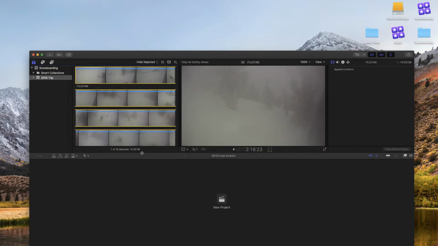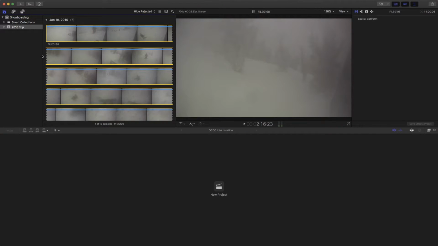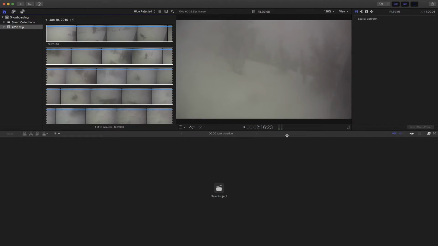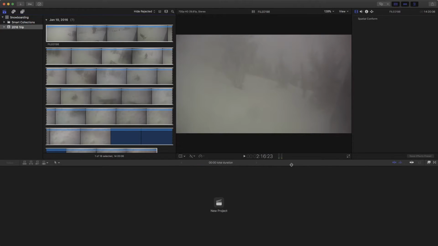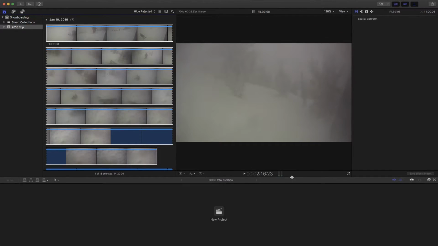So let's look at how to rearrange the interface so that you can a little bit more easily browse this event. So the first thing I'm going to do, because we're done looking at the desktop here, I'll come back to that in a second, but I'm going to get up to the corner here, and I'm going to hold Option and hit the green circle there, and that's just going to fill the screen. And it's not actually going to enter the full screen mode that's included inside of macOS, because I think this way of doing it tends to be a little bit easier for people that are newer to the Final Cut